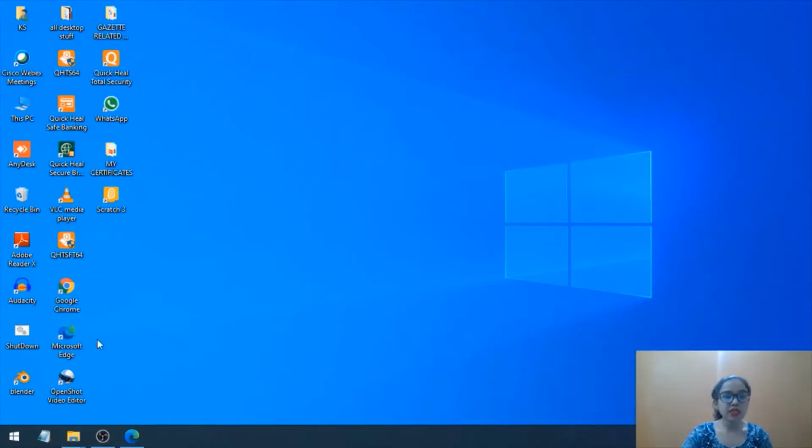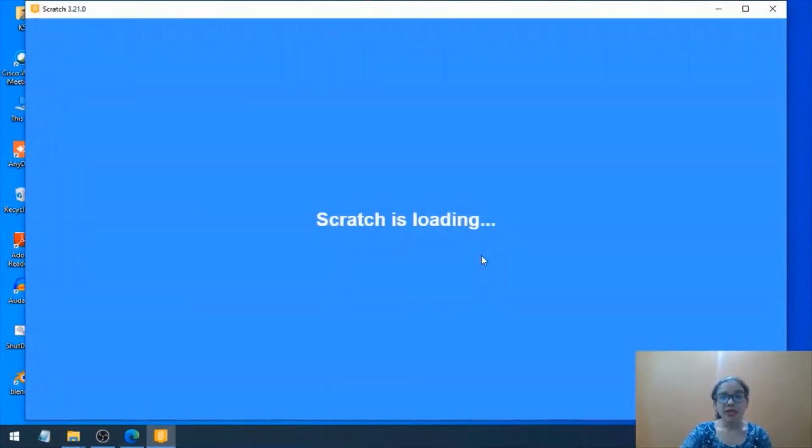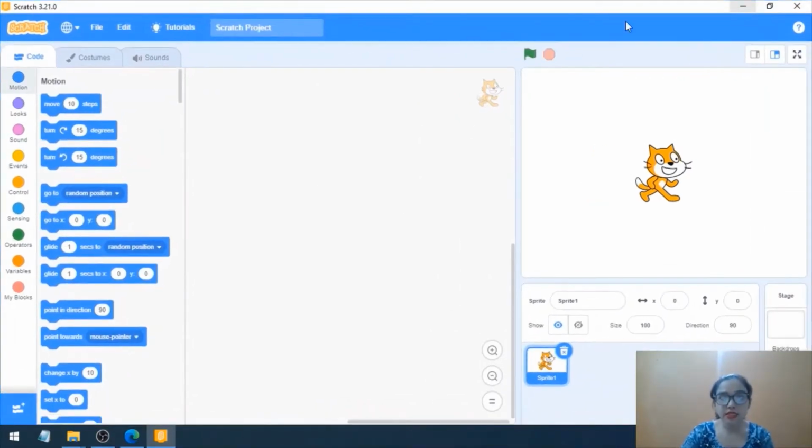Okay, so as you can see, I'm on my laptop and here I've got the Scratch 3.0. This is the offline version, or let us say this is the desktop version of this application, and now it is loading up. Let's just wait for it to get loaded, and then I'm going to show you its interface. And as I promised you in my last tutorial, I am going to teach you all the aspects of this interface. Okay, so here the screen is divided into three parts, as you can see.